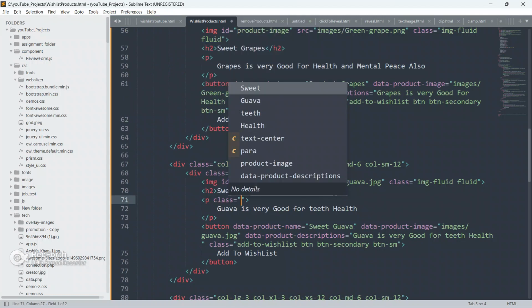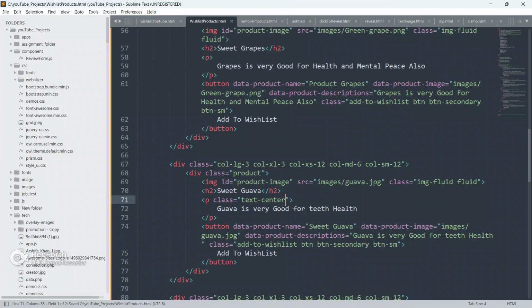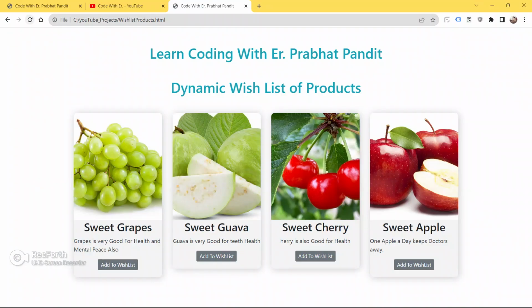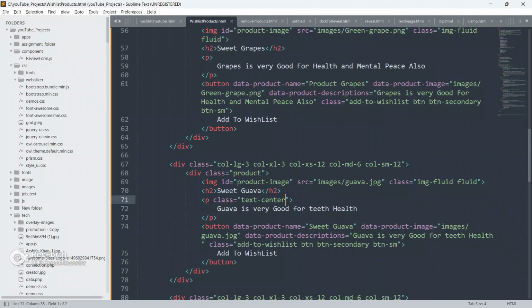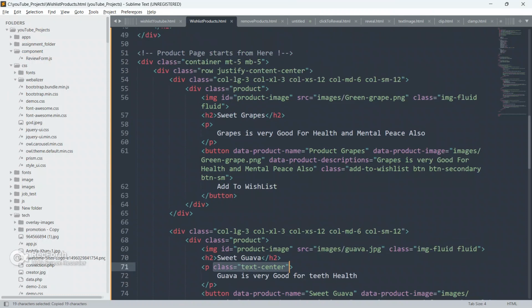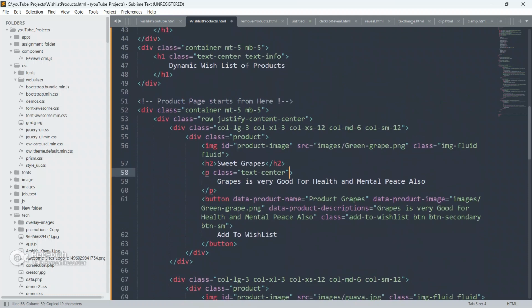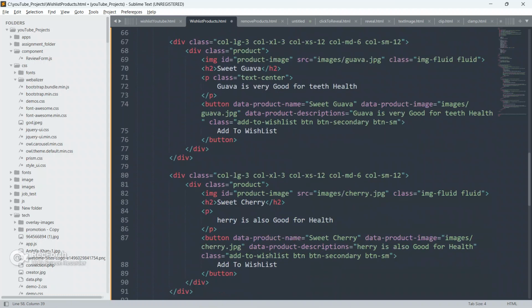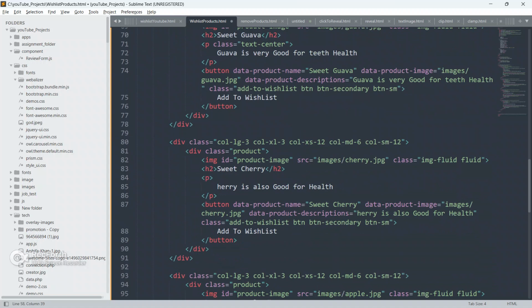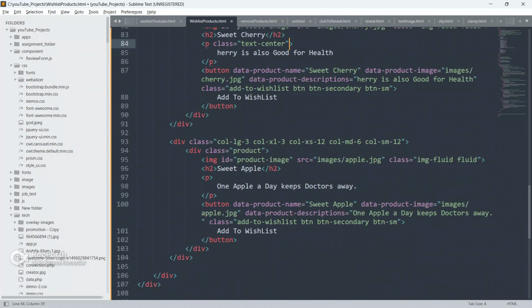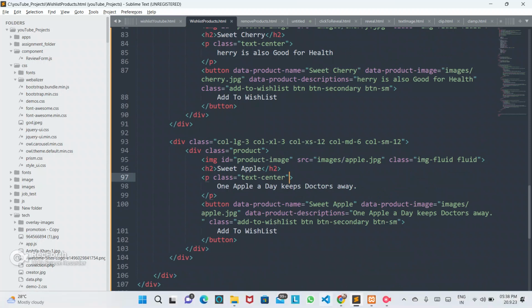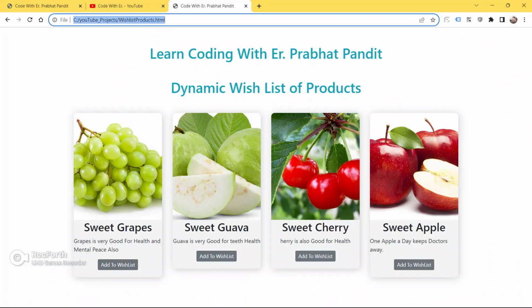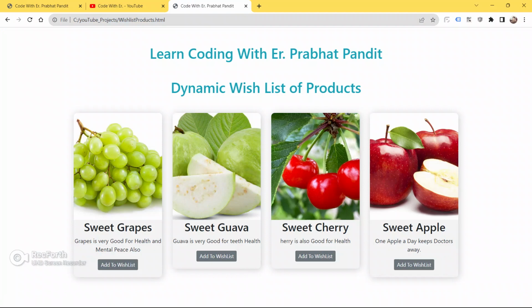So we have to give some class to this para. Give text center. Now save your code, go to the browser, and refresh your page. Copy this class from here and paste it on every para element. Now save your code and see the output.